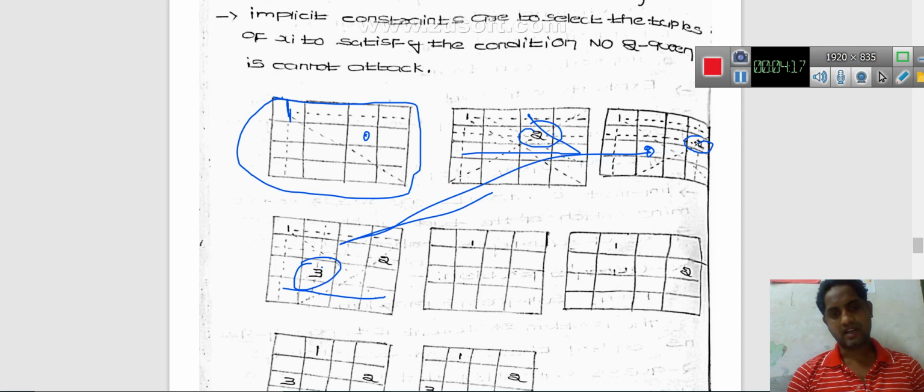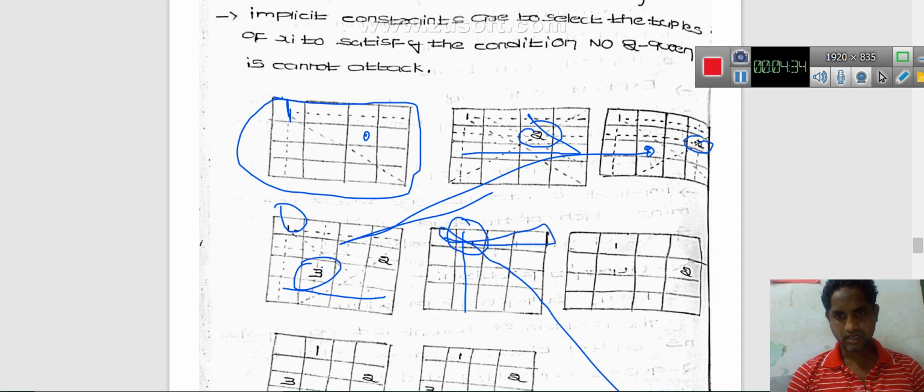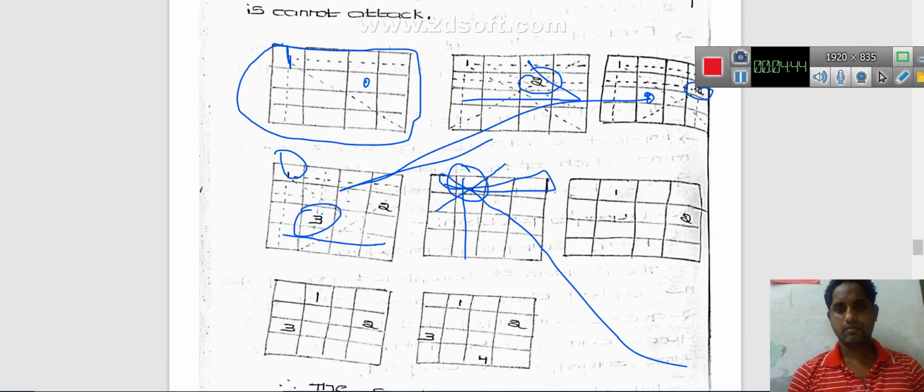Now if there is no place to assign the 4th queen, in that way we go back, that is backtracking, then change the first queen to another place. So here we have now changed the first queen. Now check the same row, same column, same diagonal. Now there is a place here, so the second queen will be placed here, at position 2, 4.